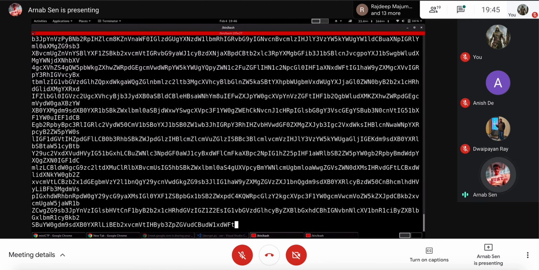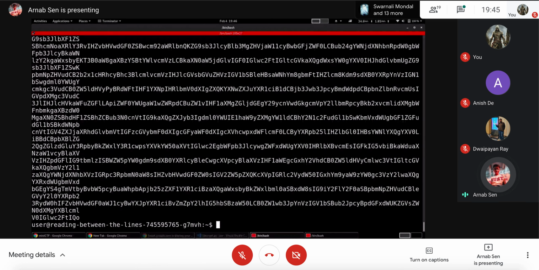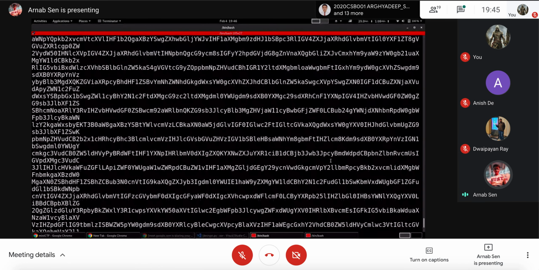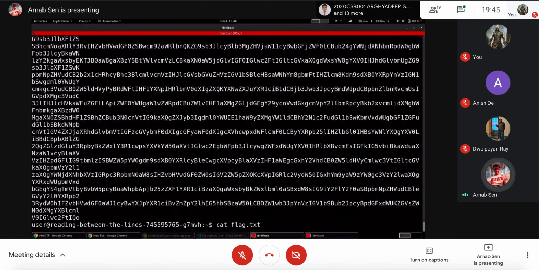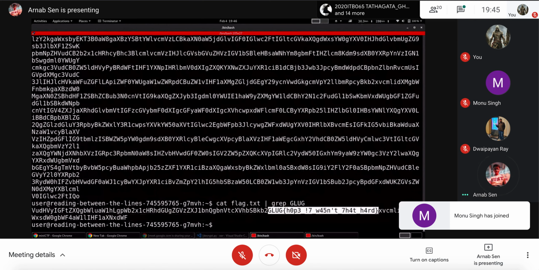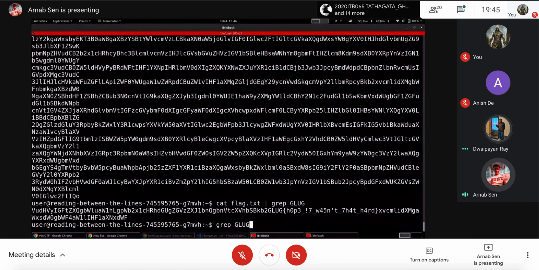This is where the grep command comes in. You see, it's a very big file and you cannot manually search it. So what you can do is cat that file, and this is something called piping. I forgot to mention that. You take the output of this file and pipe it into the next operation, which is grep, and it will probably show me the flag over here. I think grep also allows you to provide the file name.